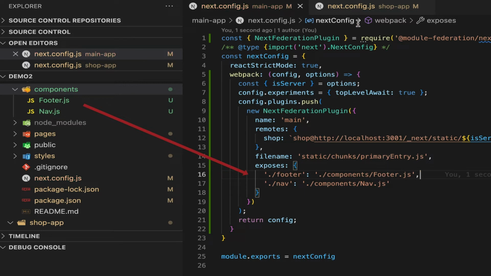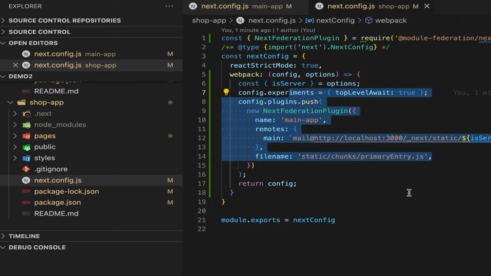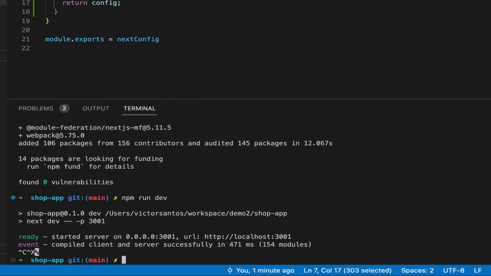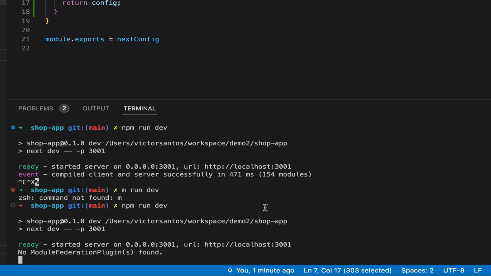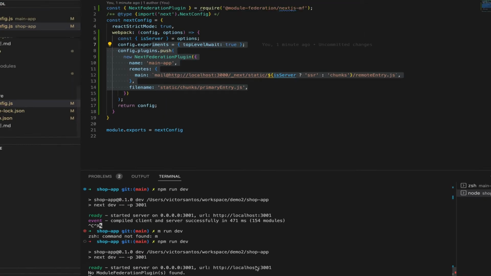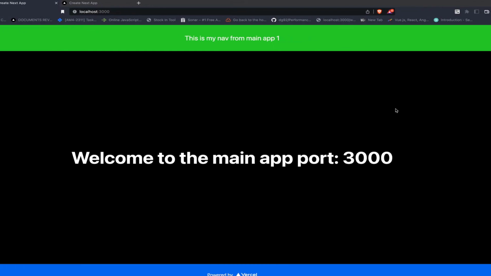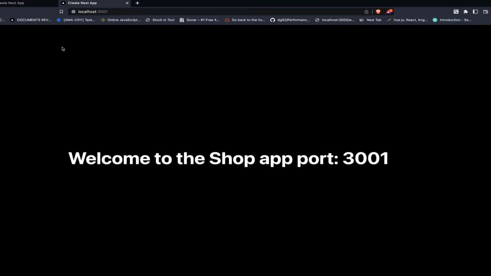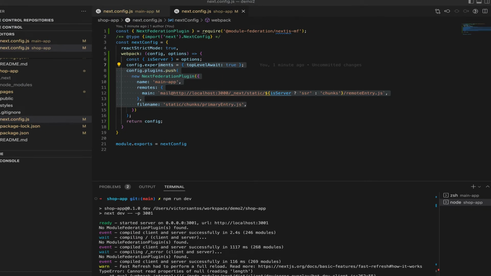Okay, and now we just make sure it's working. Let me make sure the shop app is working. Import 3001. Okay, reload, still working fine. Now